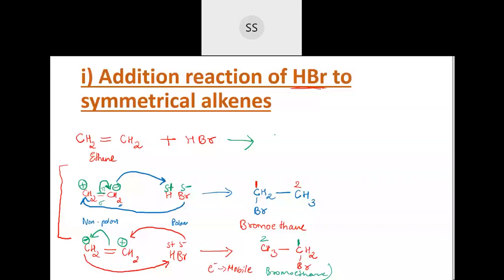If you are adding this HBr to the alkene, the product formed, you can write any one product. Okay. You need not write both. So I will write any one compound now here. So I will write here this CH2 and then Br and here CH3. Okay. That's bromoethane itself is the compound which is formed, anywhere you do the addition. Okay. So remember, the product that you are going to get will be the same. Only one product you are going to get.